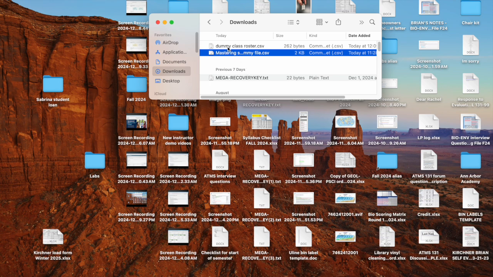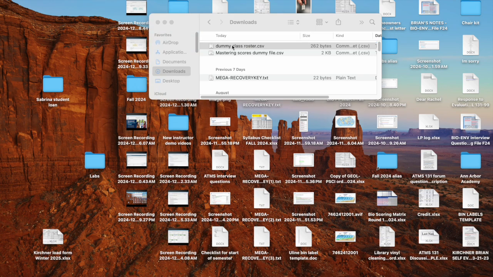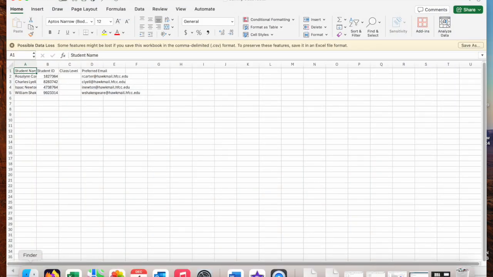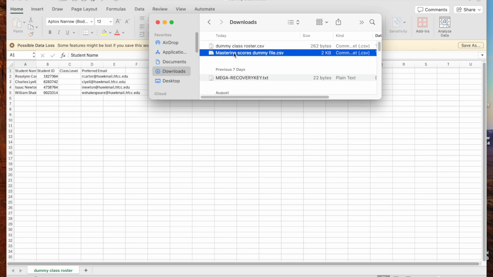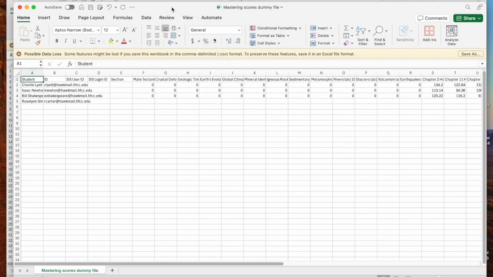One of these is a dummy class roster, which I would have exported from self-service. How to do that is explained in another video. And the other file is a dummy file that I would have exported from mastering, containing all of the student scores up to this point in the semester. So I'm going to open these both up. There's my class roster, and here is my